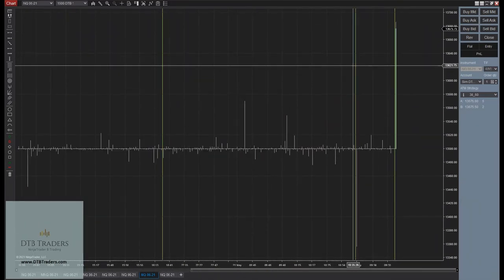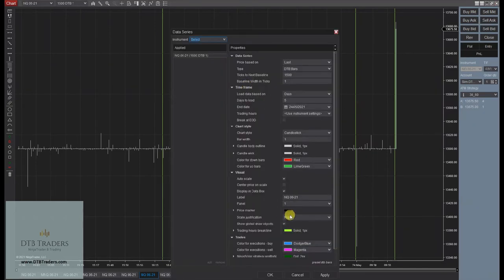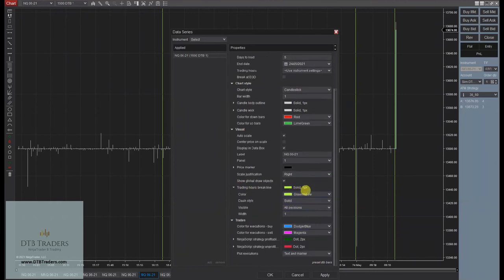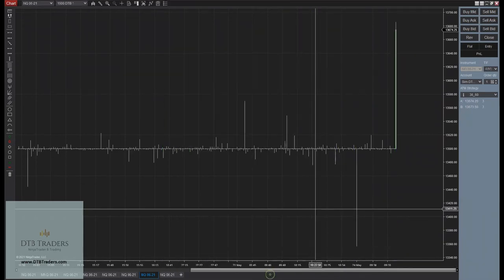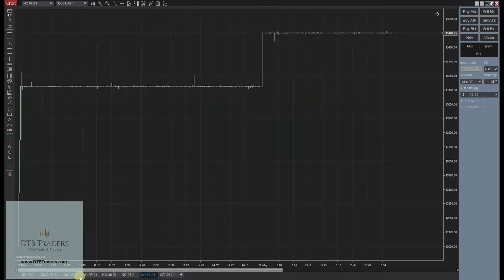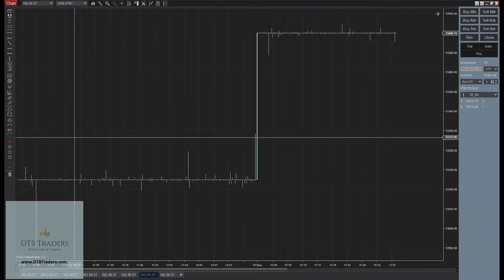Now I've got the session break times on here, but if I remove those in the data series, the trading hours break line, just make that transparent. Okay, so this is a flat baseline chart. So if you look at this flat baseline chart, we had a baseline running